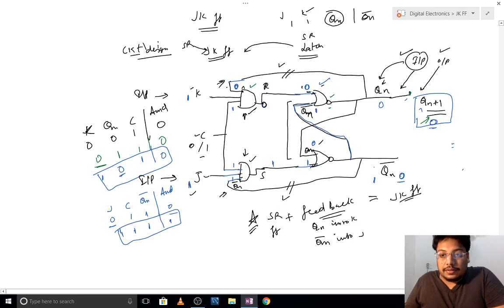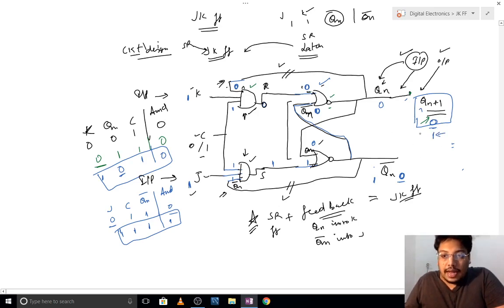Now if 0 is there as an input, because there is a feedback mechanism, you have said the Qn bar is also 0. So Qn bar will be acting as 0. So 0 plus 0 will be giving me 0, and notting it, it will be giving me 1. So Qn plus 1 is 1 now.